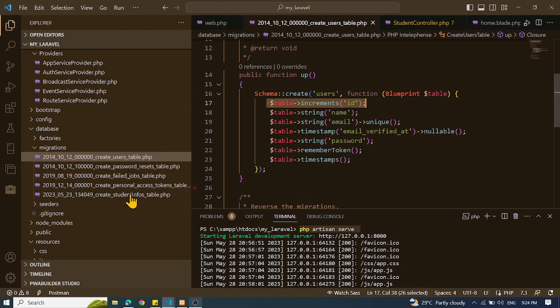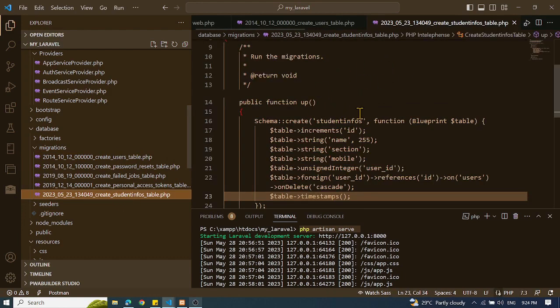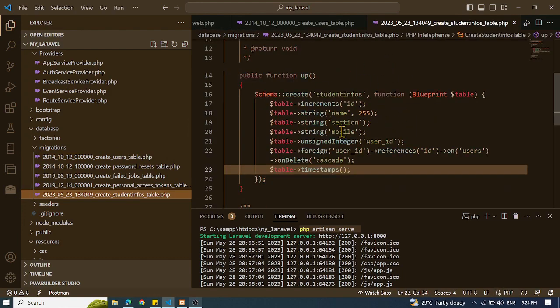Okay, and we also migrated. We created another blueprint schema for our database. So we edit this blueprint so that when we migrate it, when we execute this one, it will